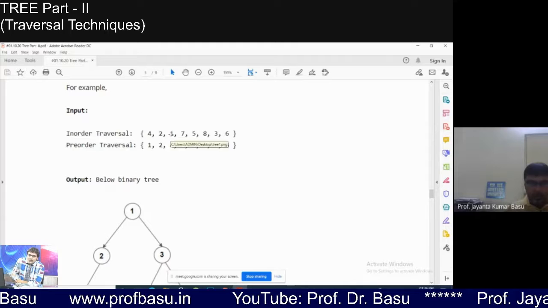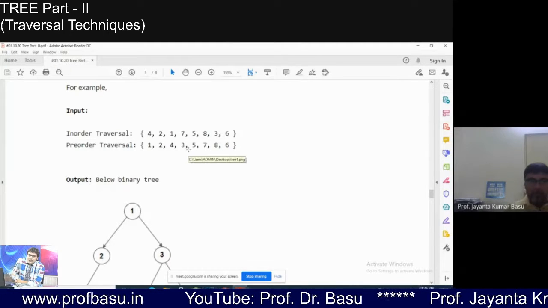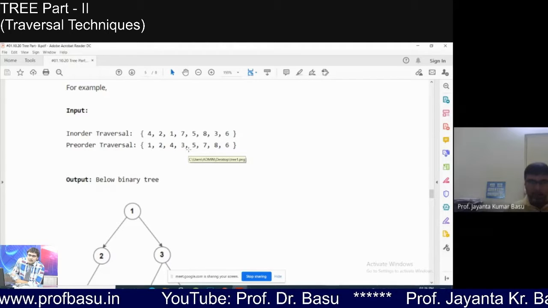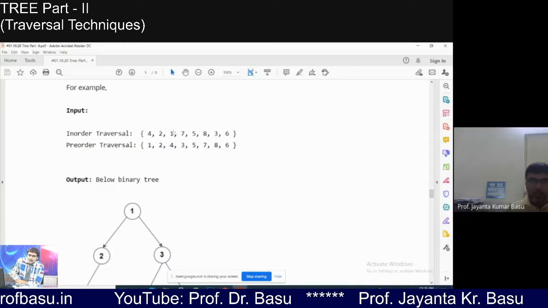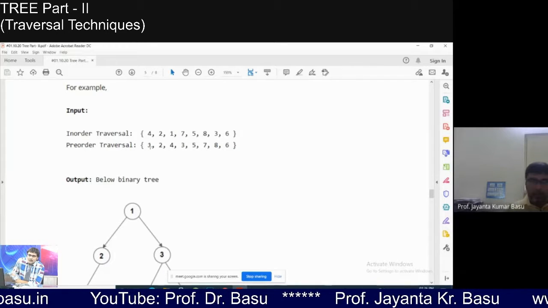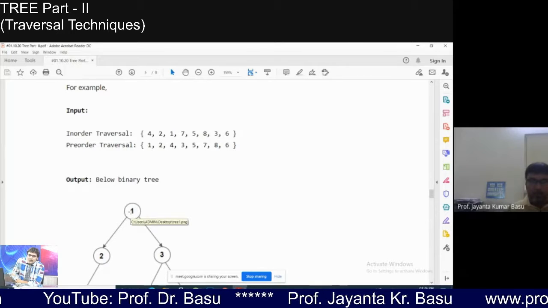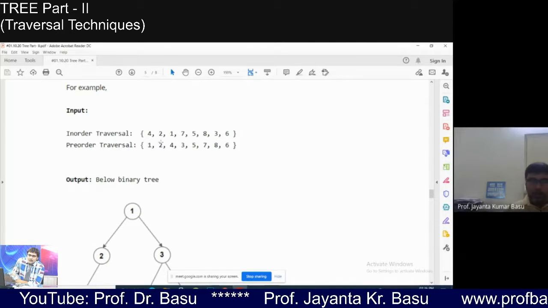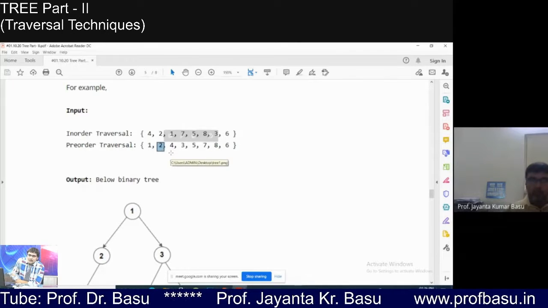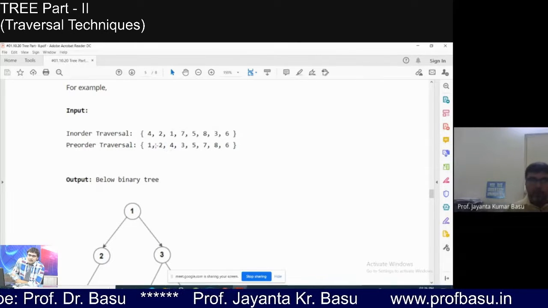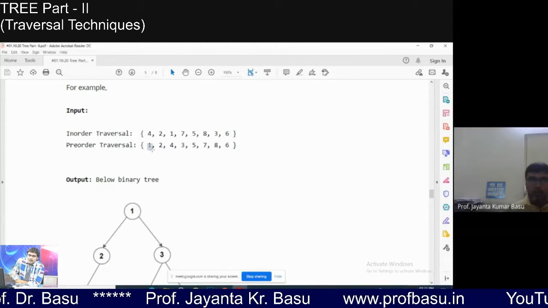I repeat, always you will keep on picking the elements from pre-order sequence and check the position of that value in in-order. Let's see, you have picked up this one, you have put here 1. Now next value comes 2, so you have to place 2. Now check where is the position of 2 in comparison to your earlier 1.